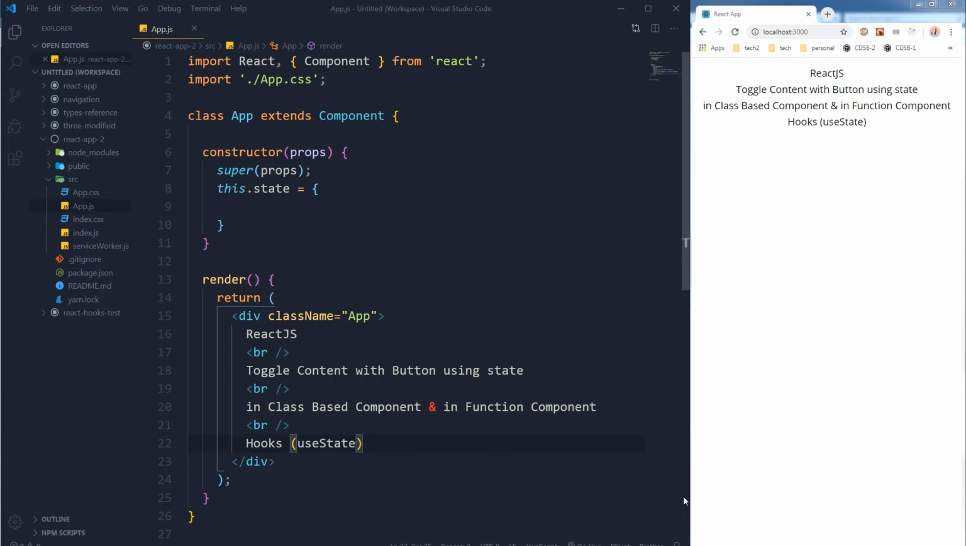So you will learn how to toggle content in a class-based component and in a function component, and also you will learn how to use the hook useState. If you don't have to use class-based components, hooks are the way to go, and useState will help us for function components. So let's start. I have got this simple class-based component, class App,